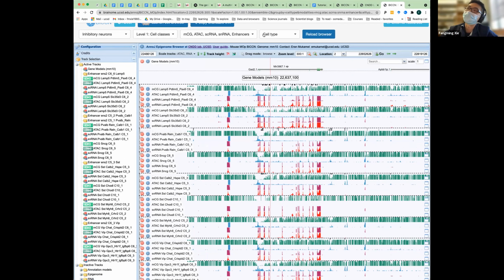These top tracks provide you with how we typically arrange certain tracks and visualize them, but you can also customize it as you like. For example, if you want to move this second green track, MCG LAMP5 SLC35D3, up to the top, only that track up to the top, while keeping all of the other tracks in the same order. How do you do that?